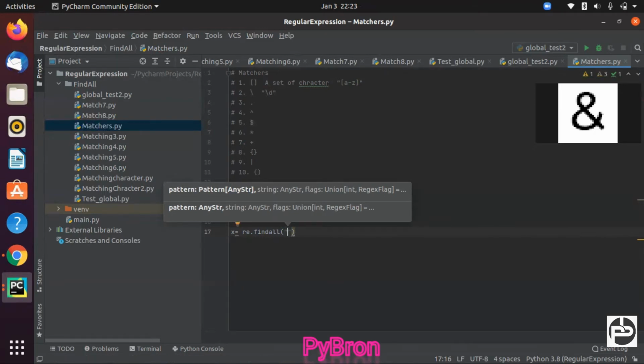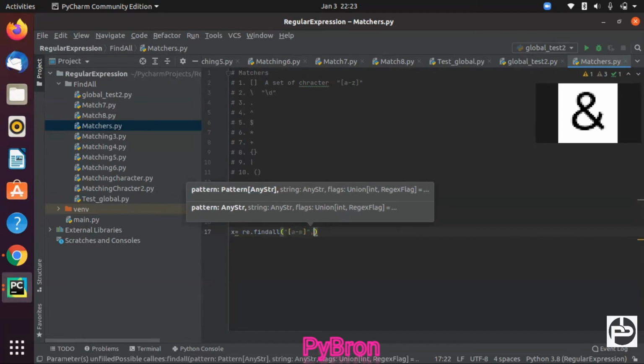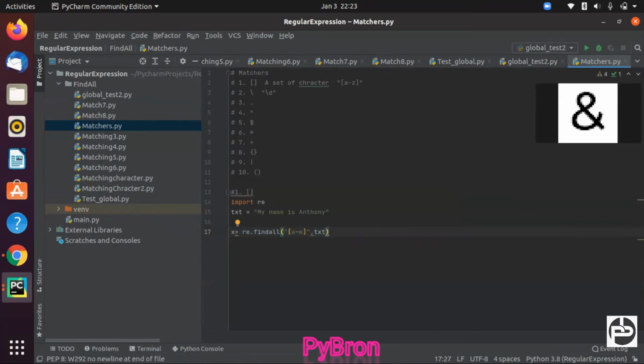So what I'm trying to say here is findall between a to m, in the text, so it will return all those matches, and then print x.